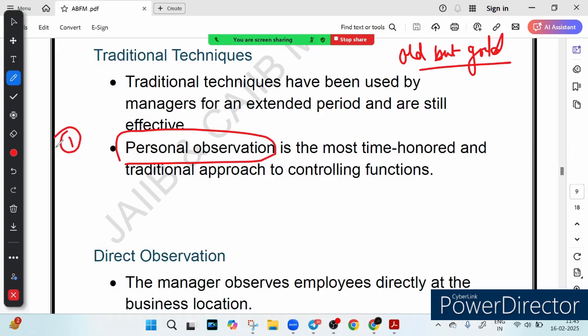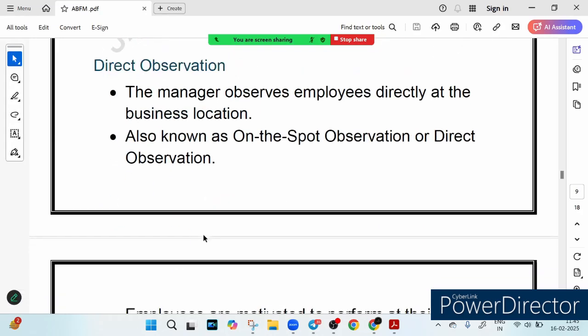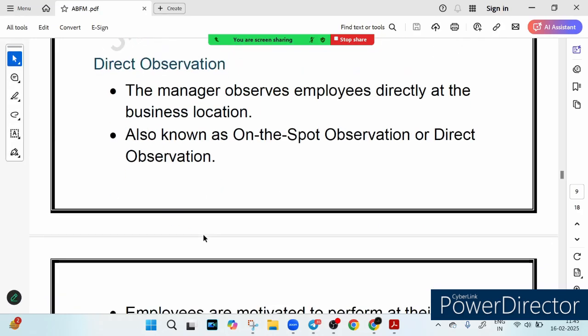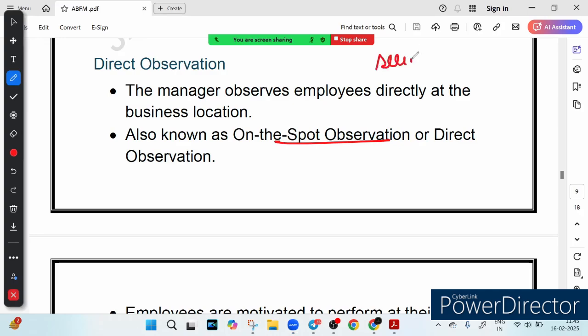This means the oldest and simplest method. A manager personally checks work progress to ensure things are running smoothly. The question is why it is still needed. Even with technology, nothing beats direct supervision. That is called direct observation. So let's see the advantages of having direct observation. Nothing beats it. A manager walking through a factory or a bank supervisor observing staff still makes a huge difference. So what we learned is that the old school technique still works because sometimes seeing is believing. This phrase, I think you know it very well. That's called on-spot observation. You know it very well, that seeing is believing, right?